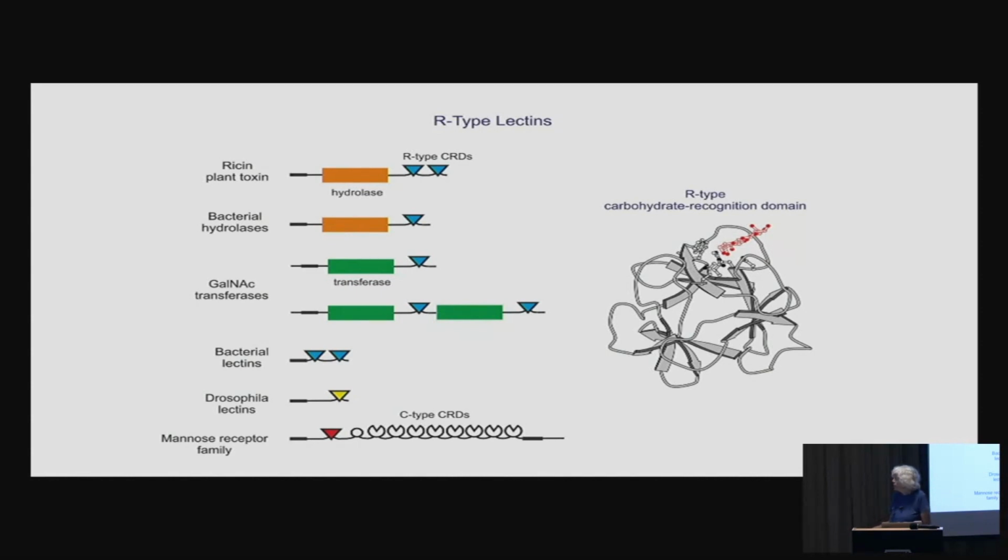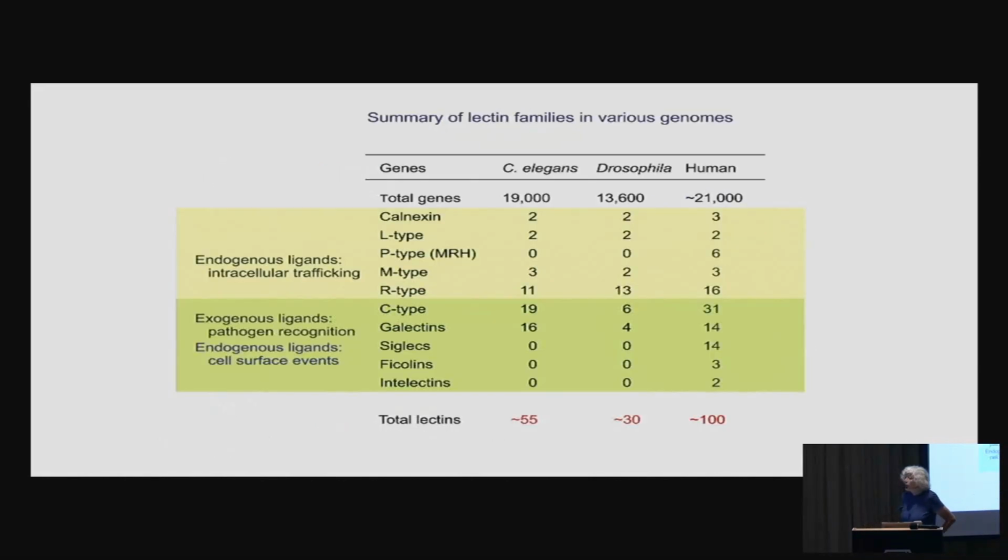And there are a few additional types of proteins that have these. One extracellular receptor also has one of these, the mannose receptor, and I'll tell you a bit more about that later. Okay, so we can look for these lectins in genomes, and this is a summary of major types of lectins